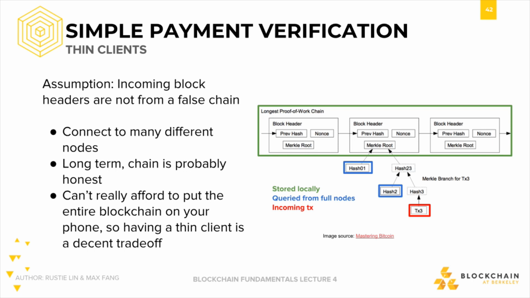And to prevent this, you want to be as connected to your peers as much as possible, so you can compare and contrast block headers that you receive from all your neighbors, basically. If you have one differing block header and everyone else gives you a different one, you can lower the risk that you're receiving false block headers. This is very important because it reduces the chance that you'll get double spent on, and also